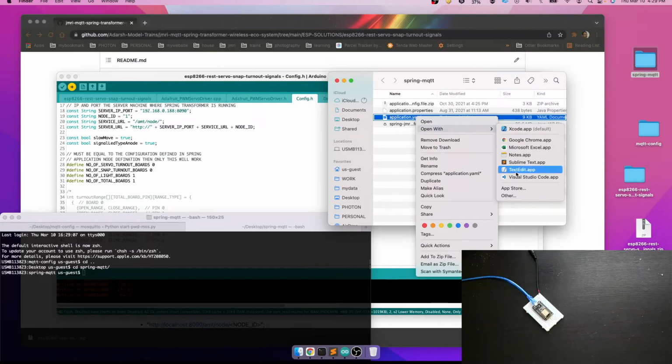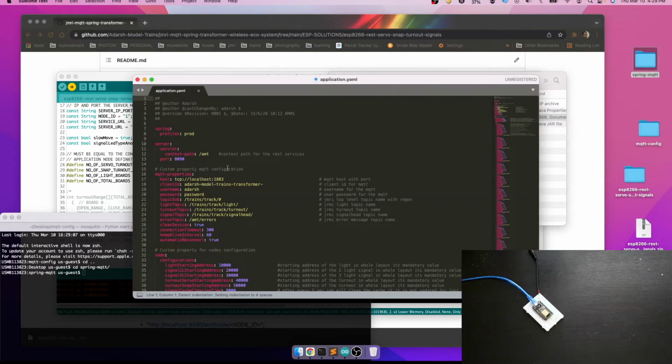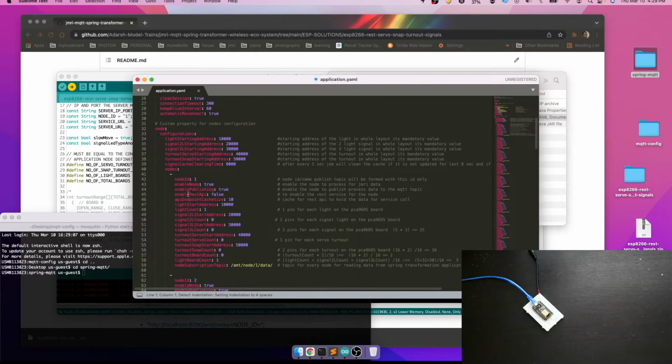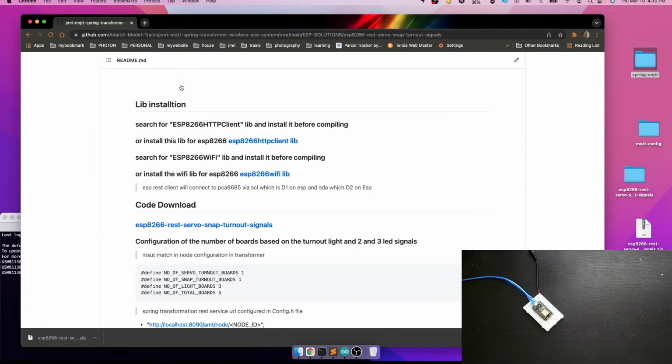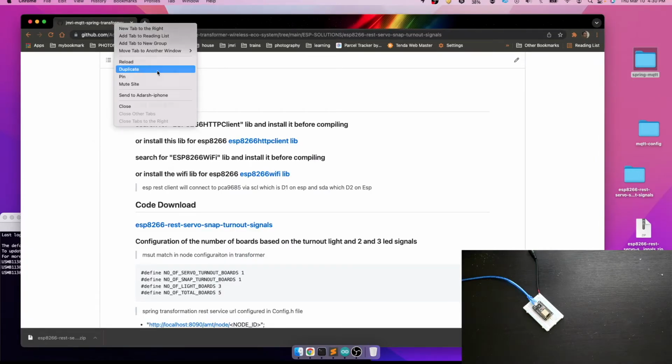So we'll just open the YAML file here. We'll go to node 1, enable: node is enabled, publishing is enabled, REST API is false. We'll just make it true. We want one light count, so 2 LED single count 0, 3 LED single count 0, servo turnout count 0, snap turnout count 0, and light board we need only one. So we are good with this. Let's save this, close this, and to start the application we have to go to